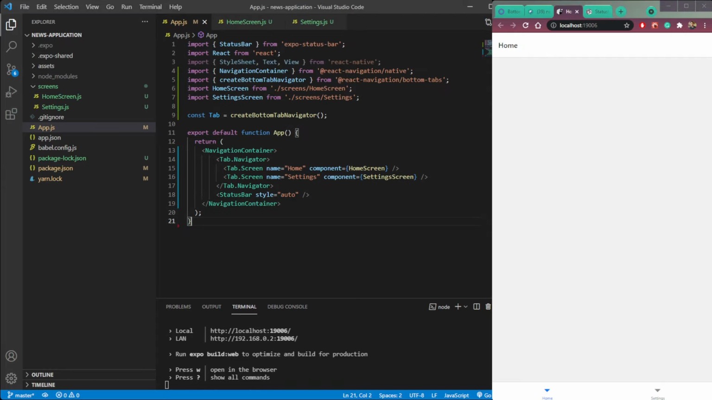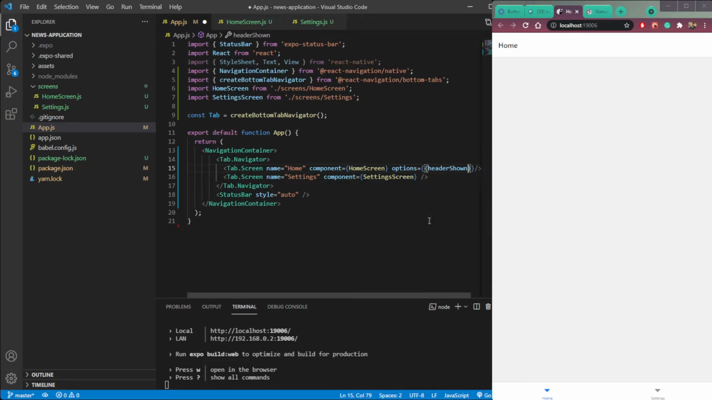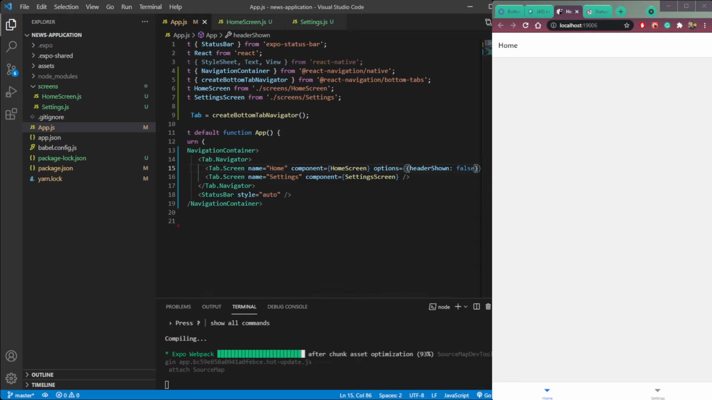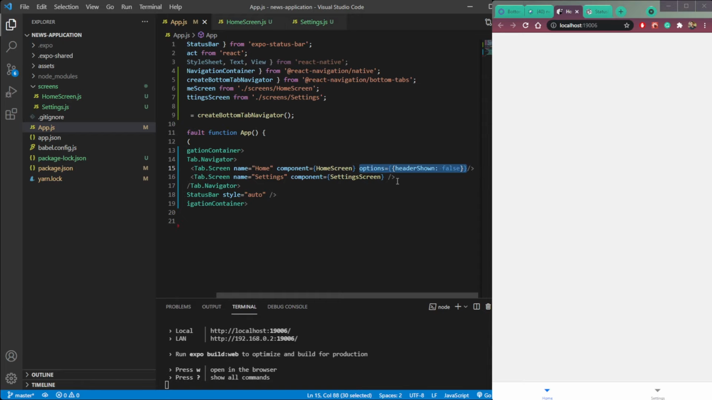Now we need to hide this home top bar, you can see here, from home screen and setting screen. So how can we do that? Just type here options and give two curly brackets. Then header shown will be false. Save. You can see we cannot see the header right now. So do the same for setting screen here,